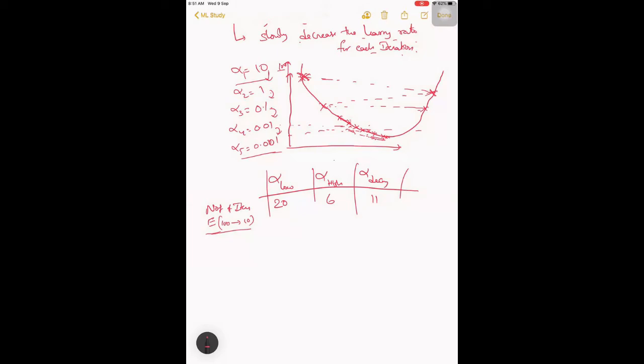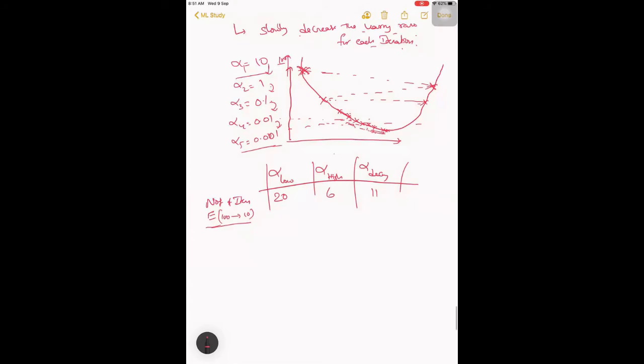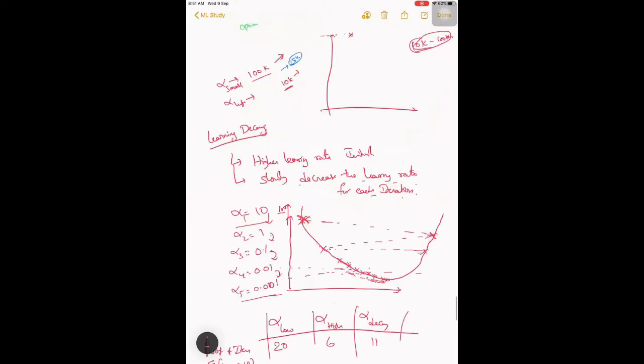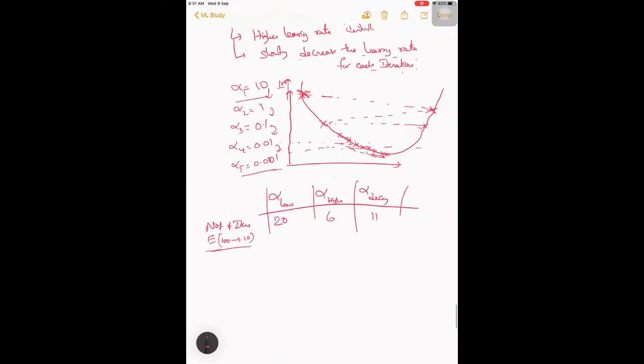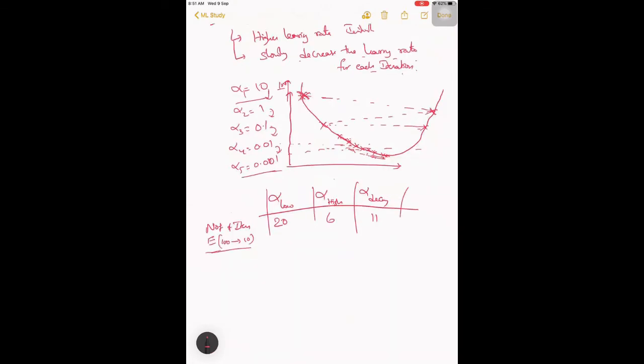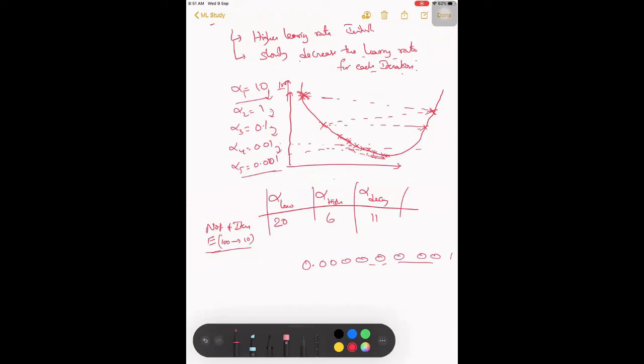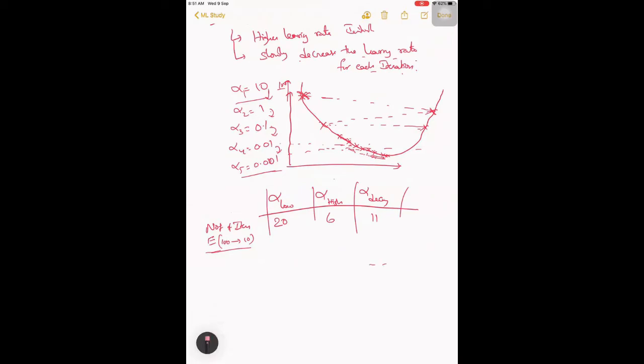But this is not the case in reality, because we will have something like 10 power 10k iterations. If each iteration you decrease it by 0.1, there would be so many zeros, and it's almost not changing at all, right?